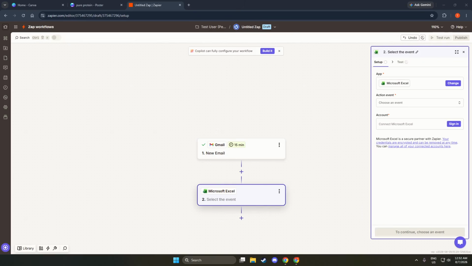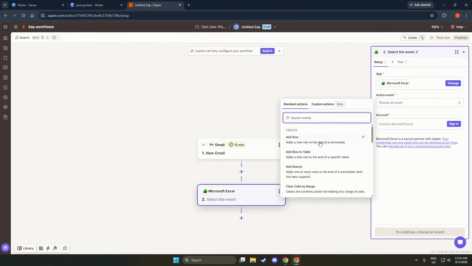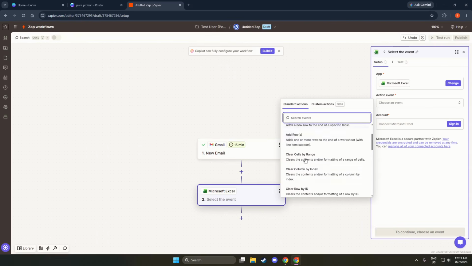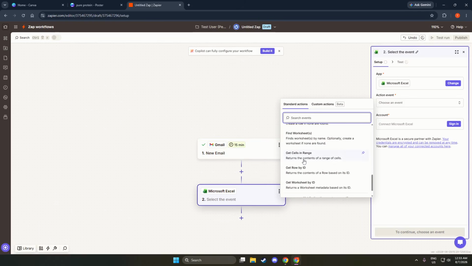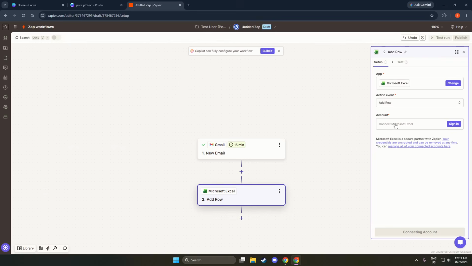In the Action search box, type Microsoft Excel and click it in the list. The Action panel now shows Microsoft Excel at the top with an event drop-down below, similar to what you saw for Gmail. Next up, select Create Row. This tells Zapier that every time your Gmail trigger fires, it should add a new row to a spreadsheet. You will notice that the Fields section below stays empty for a moment, since Zapier first needs access to your Microsoft account before it can list your workbook and table columns.